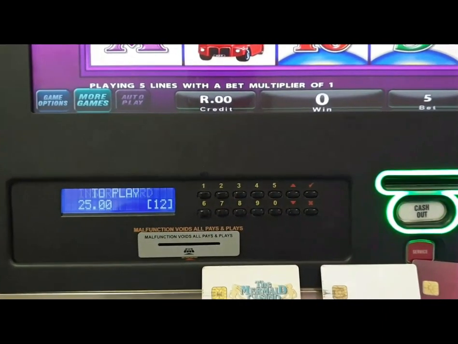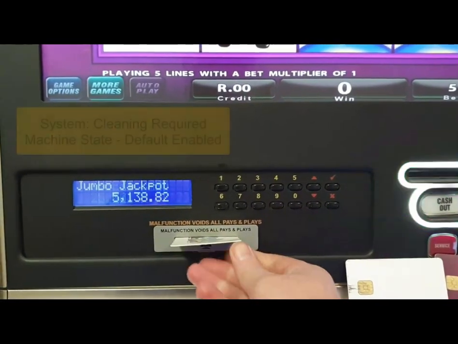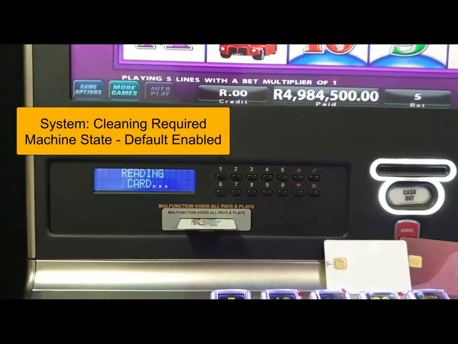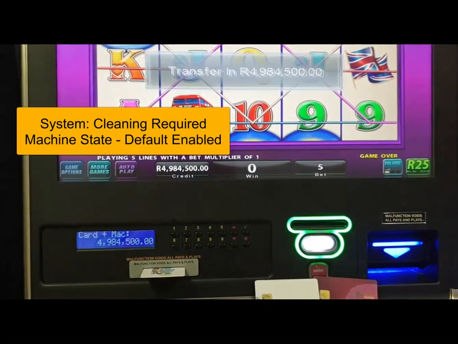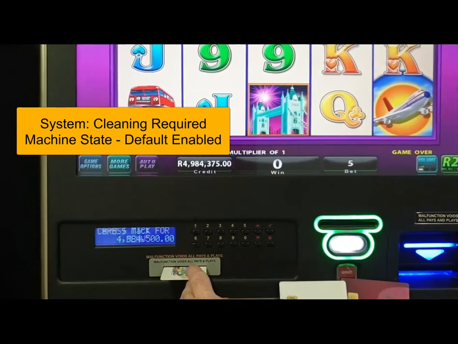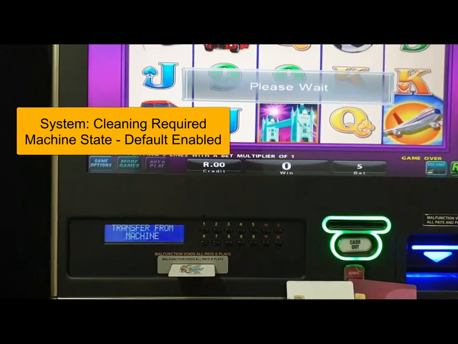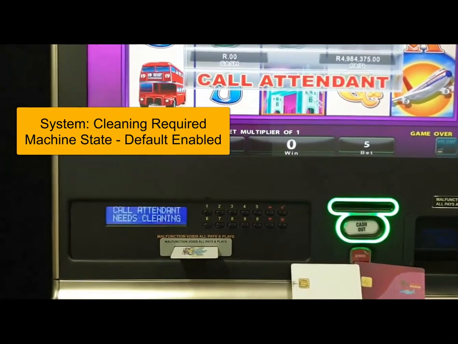In this video, we're going to show you the behavior of the machine when the system setting for enable cleaning or require cleaning is enabled. So we put our player card in, we transfer money to the machine, play one game, and we cash out. In this instance, the machine is also set as a default state of enabled, but